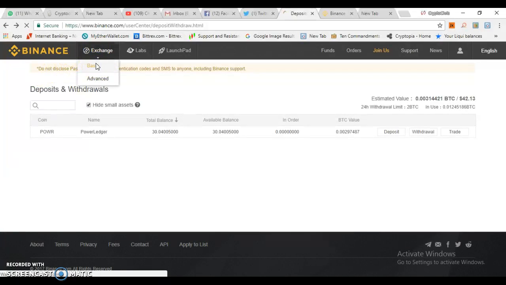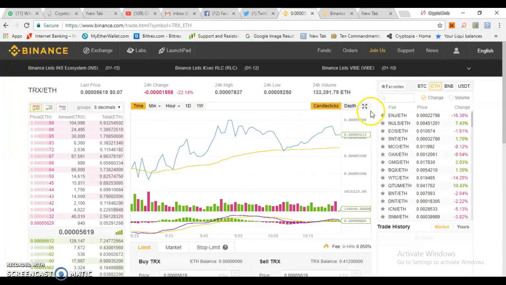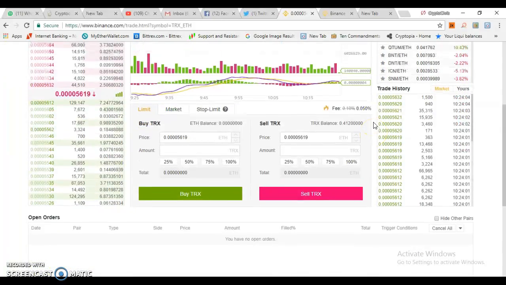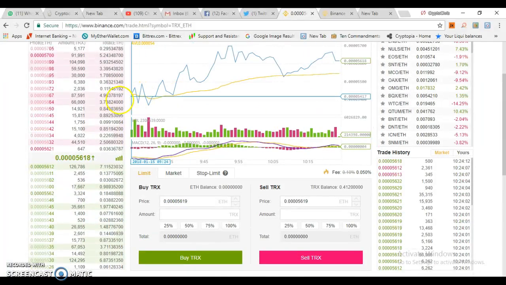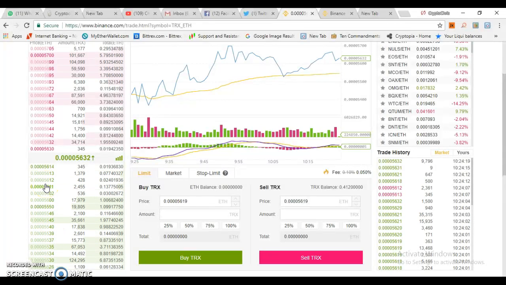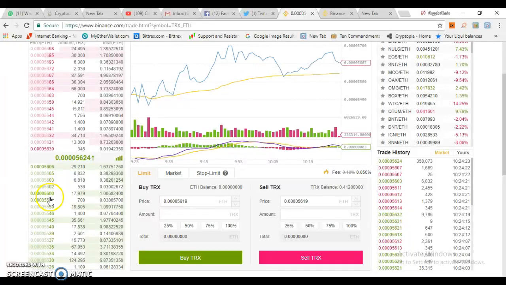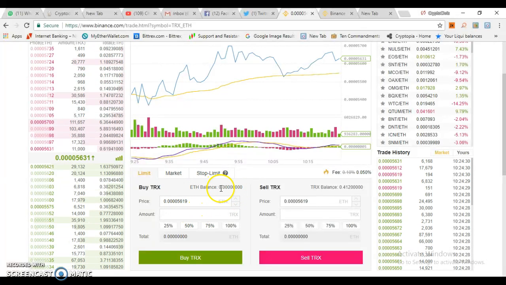If you want to use basic, you just click on basic. So this is basic. This pink here is basically guys that are selling, and these ones are guys that want to buy into this particular coin using Ethereum. So if you want to buy, currently I don't really have Ethereum on this account, but all you need to do is